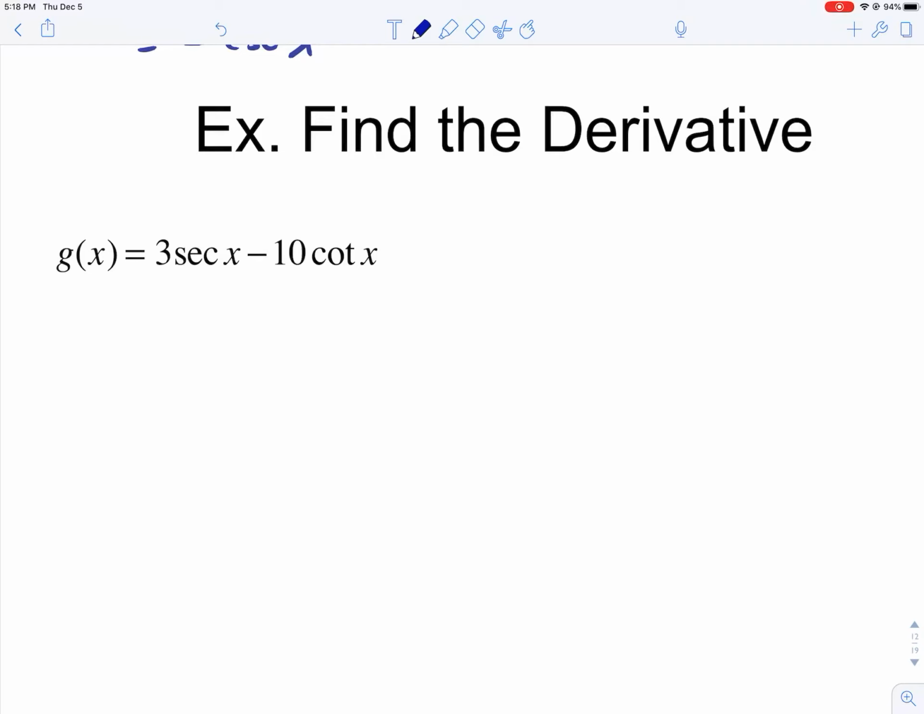Okay, so we just derived all the derivatives of the 6 trig functions. So now let's look at finding the derivative of some more complicated equations of functions that require us to know the derivatives of the 6 trig functions. Okay, so to find the derivative of g of x,